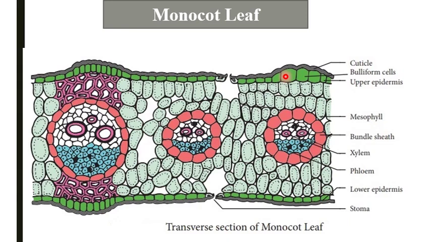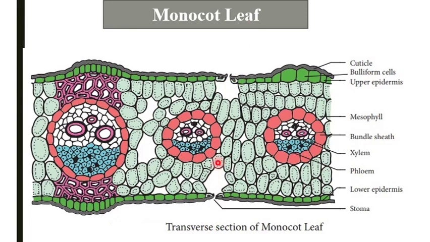Monocot leaves are usually described as isobilateral leaves because both the upper and the lower surfaces have the same color, as you can see. In the monocot leaf, an equal number of stomata are present on both surfaces of the epidermis. This condition is normally described as amphistomatic condition, in which stomata are present equally on both sides of the epidermis.